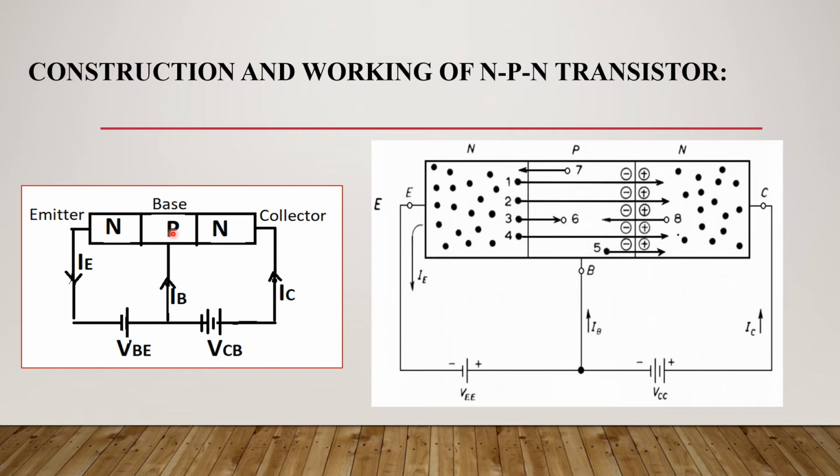And what I said now, we are going to get clear in this figure, and will try to understand how the electrons and holes move through this. We have considered some of the electrons numbered 1, 2, 3, 4, 5, 6 and 7, like this. Okay. So by understanding these numbers and the flow of electrons, we are going to understand the working of NPN transistor. Here the emitter current is large,